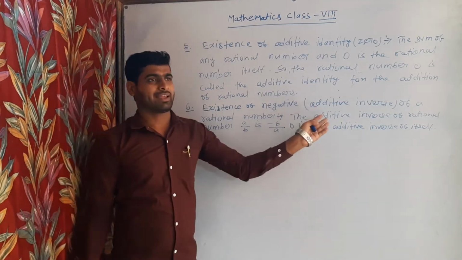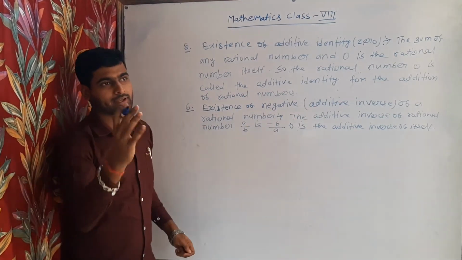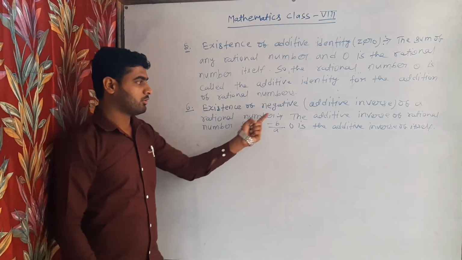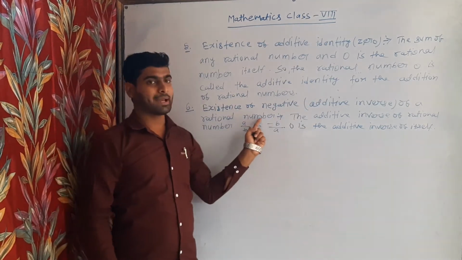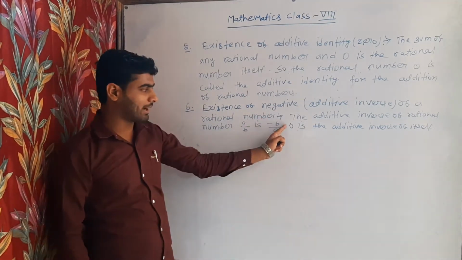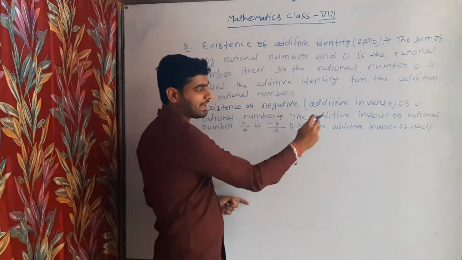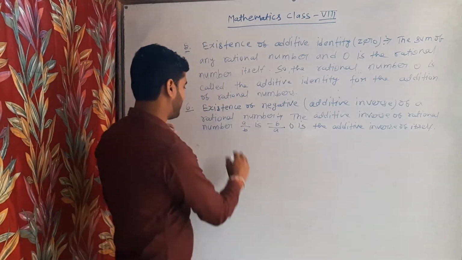The additive inverse means the negative of any rational number. So the additive inverse of rational number a by b is minus a by b, and 0 is the additive inverse of itself. As an example,